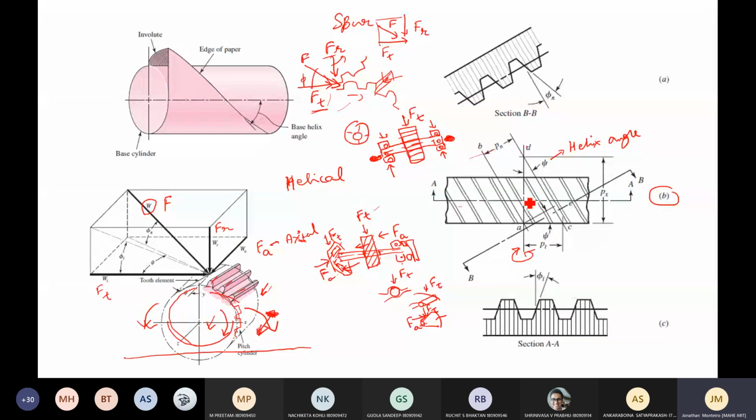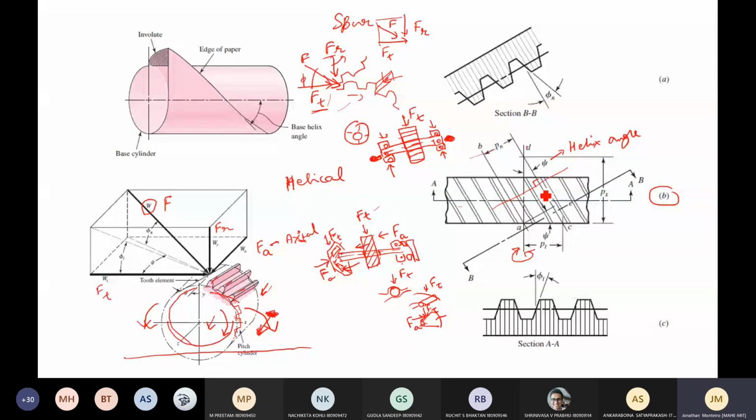And with respect to the axis, you have a helical gear. Each and every gear tooth makes an angle psi or beta with respect to its axis. Now, when you measure along that angle psi, you will always measure like this, perpendicular to that particular angle. When you measure like this, you will get a particular pitch. What is a pitch?